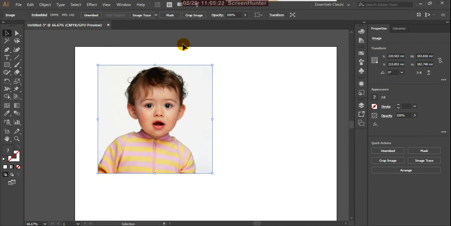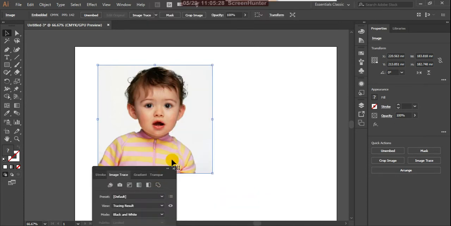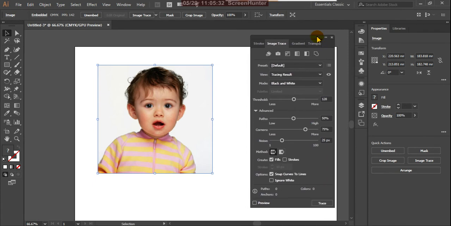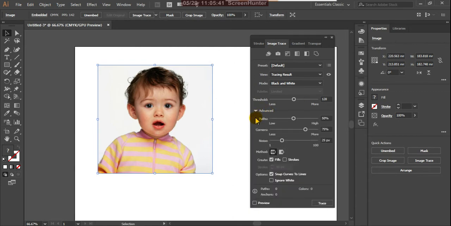So before applying that, from Window we'll get image trace, extra options. Okay, and this is my image trace, and suppose here there is Advanced, just you can click on that, more options are displayed. Suppose here the threshold, so here the pixels darker than the threshold value are converted to black.